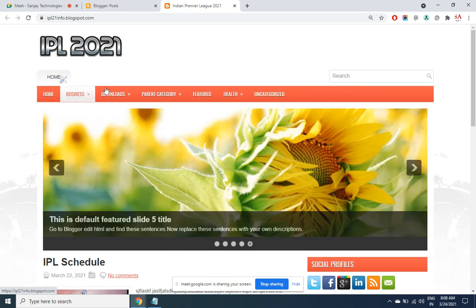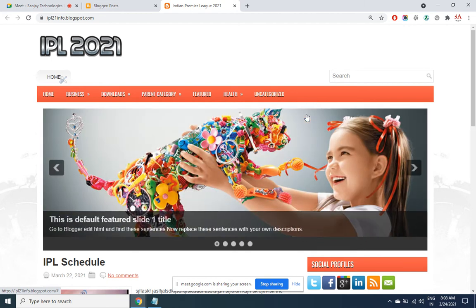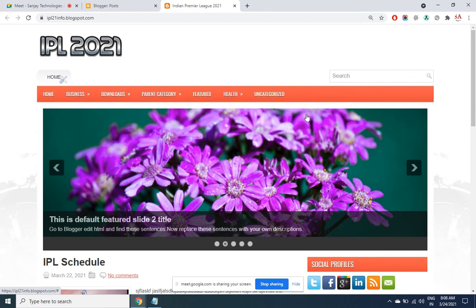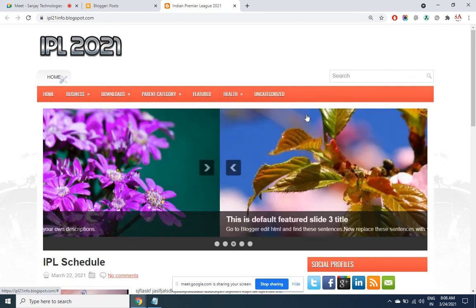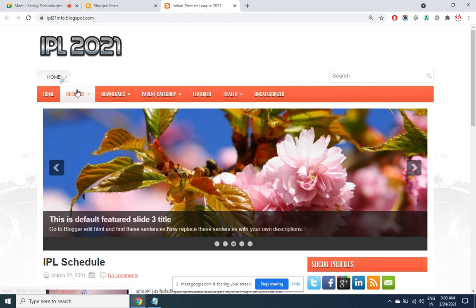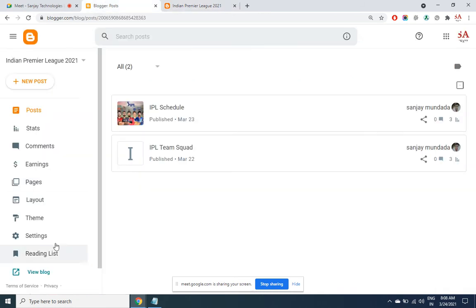So somewhere the code is written for this and the entire code is present in that XML file which we have copy pasted in the theme HTML editor. So let us go back to that code and find out where the code is written for the menu item.